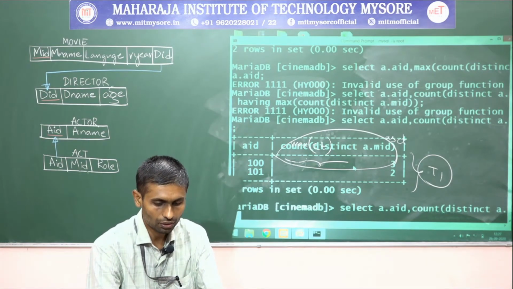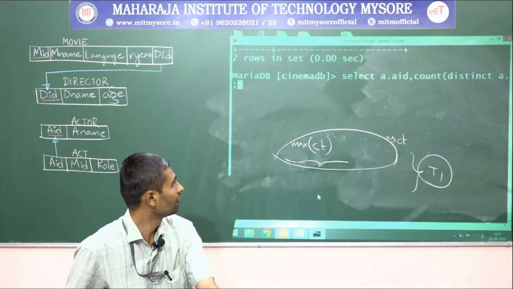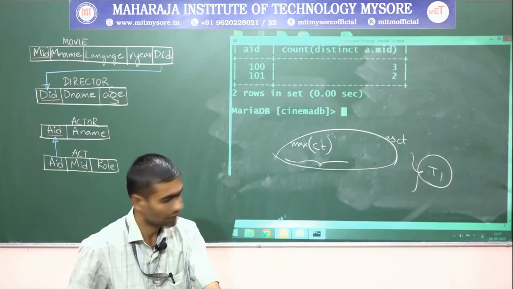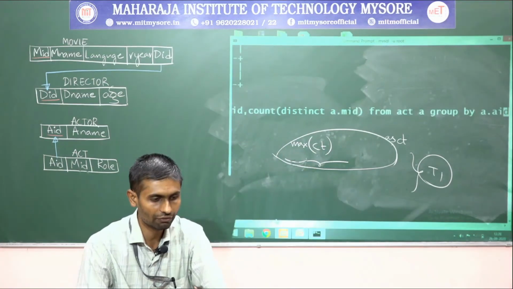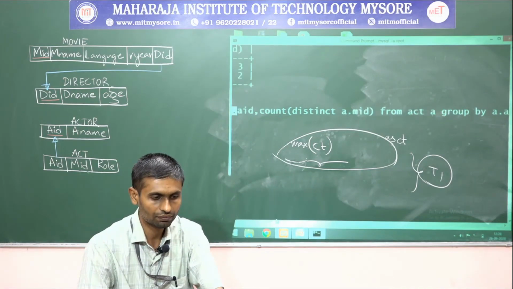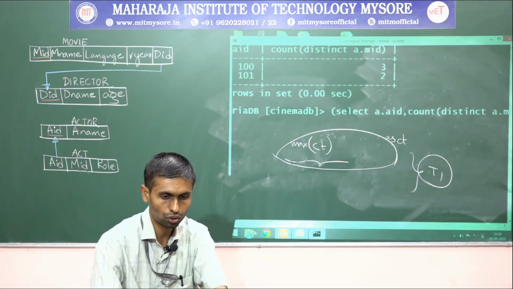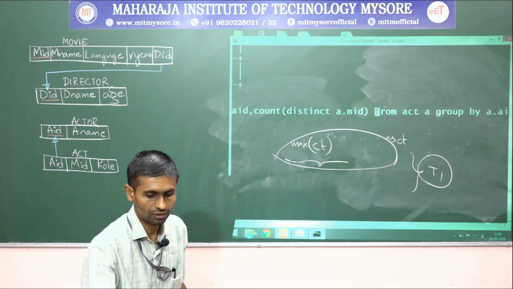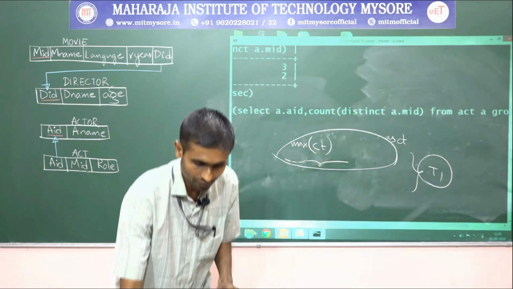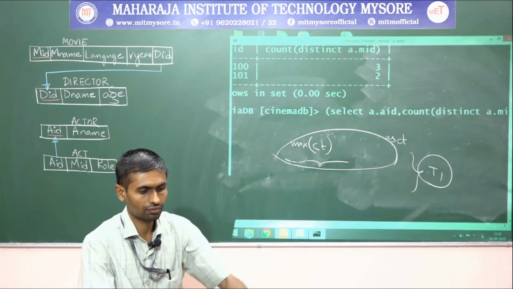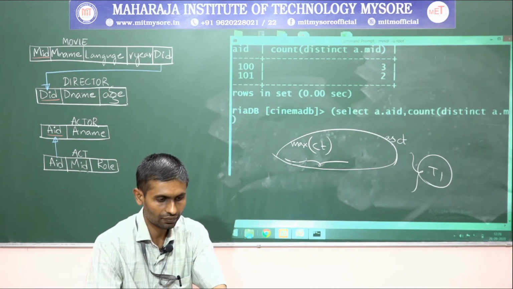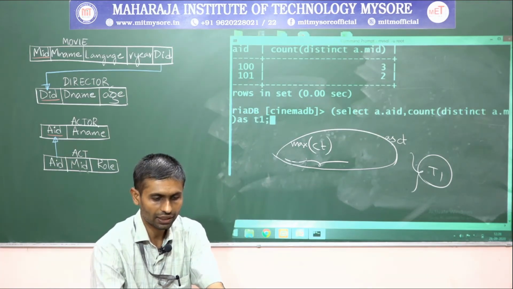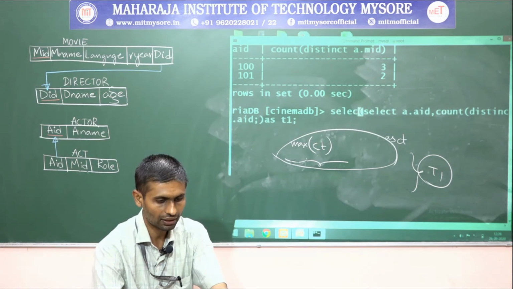So what we said is, to this query we'll give a different name. This is the query we have written and we are getting the answer. What is the first step? Giving a different name for a query, that means for the query result. Let me call the whole query; the query starts at this select and ends here, after group by. There I'll write as T1, right, and on the outer side of this query I'll write select.